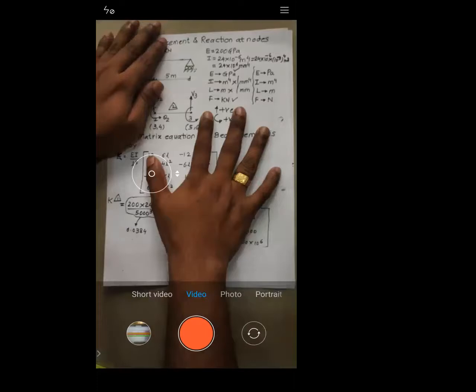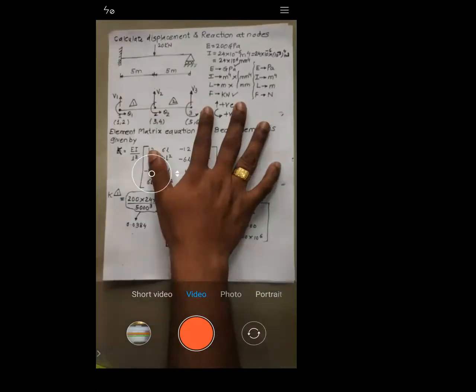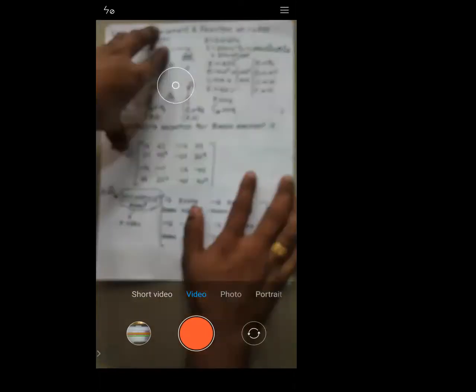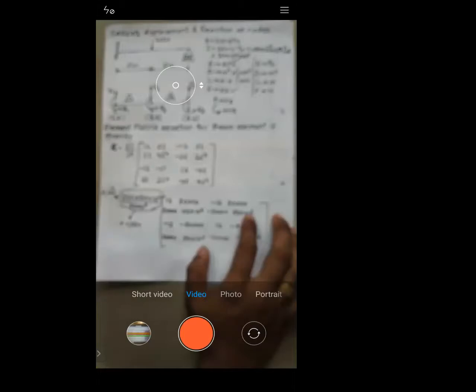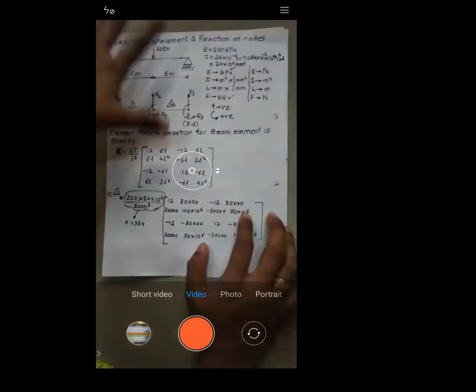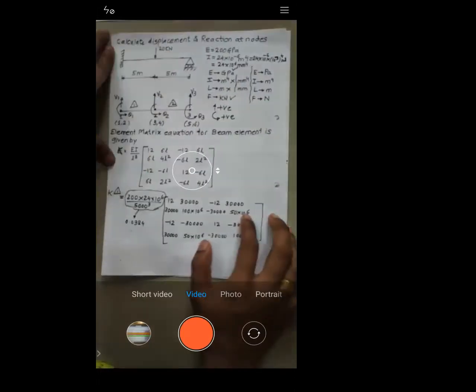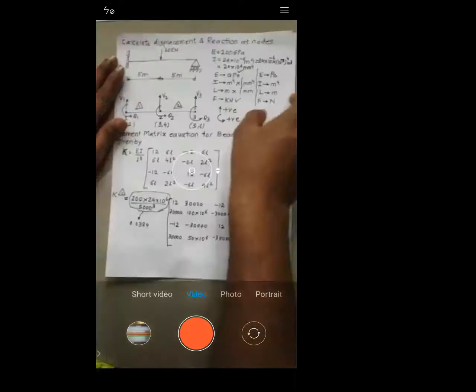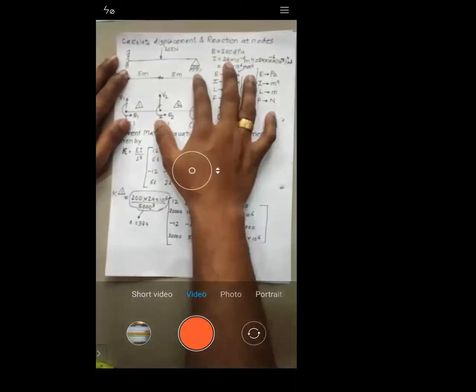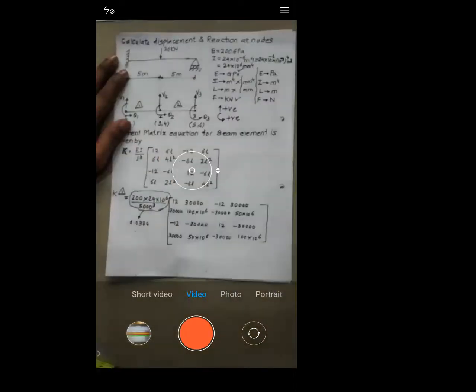Now see, let me summarize. When we solve the problem, it takes a long time, but when we summarize it, the things become very clear about what you have done exactly. So see, this problem which was given, what is expected is that you should calculate the displacement. At the same time, you calculate